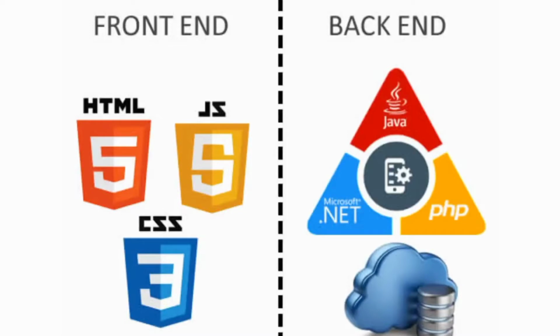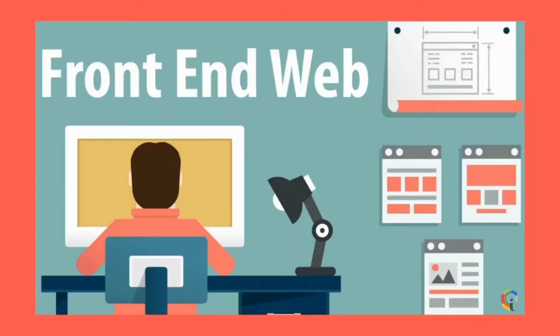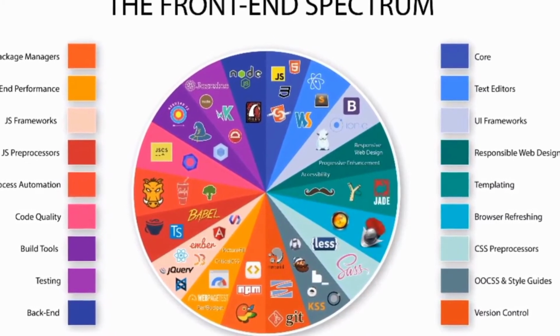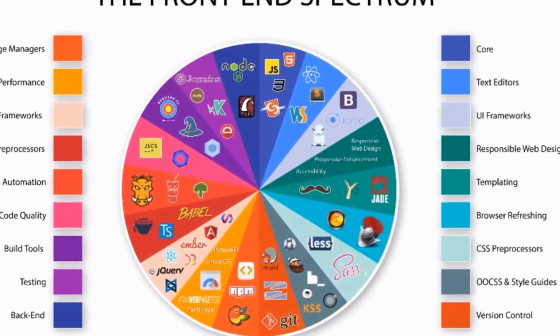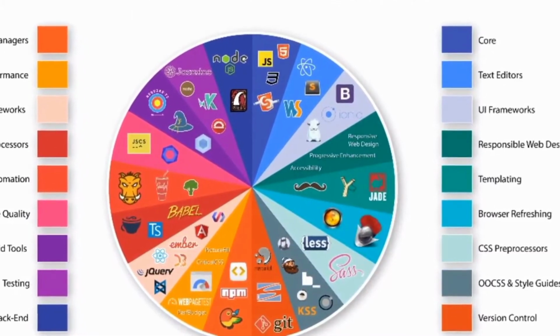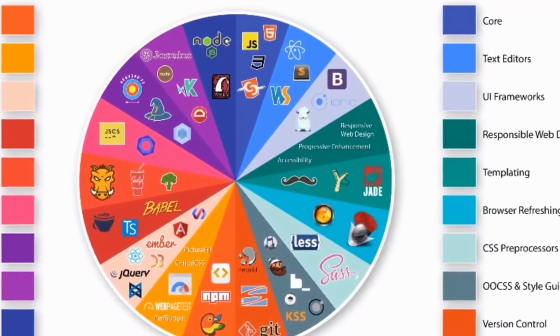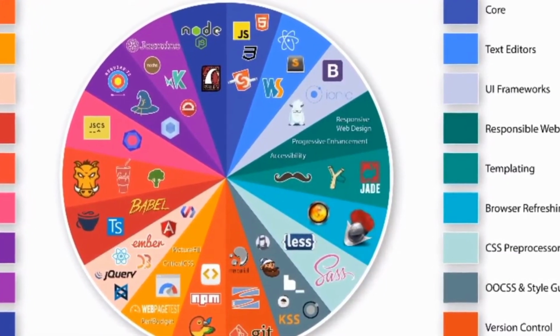Front end means the user can see and interact with it directly. The objective of designing a site is to ensure that when the user opens up the site, they see the information in a format that is easy to read and relevant. More than 2000 languages are used to design a front end, that means UI designing. The four most important languages to design front end, the first one is HTML.